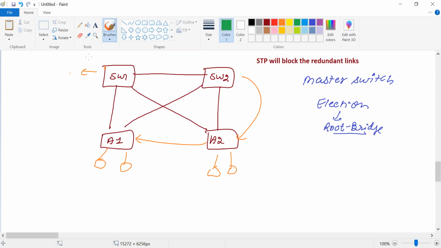You should know how the root bridge is elected, because you have to modify the root bridge election in the lab exam as well. It is only possible if you know how the election process works. It looks at the switch priority, or the root priority, which is made up of the bridge ID, which is the MAC address and the priority of the switch. So the election is done on the basis of bridge ID, which is 8 bytes of value. We have 6 bytes of base MAC address,